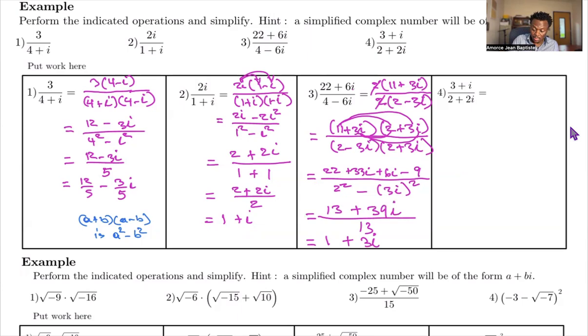And then finally, we multiply top and bottom. It's the same example here. So that's 3 plus i times the conjugate of the denominator, 2 minus 2i, over 2 plus 2i times 2 minus 2i. So that equals